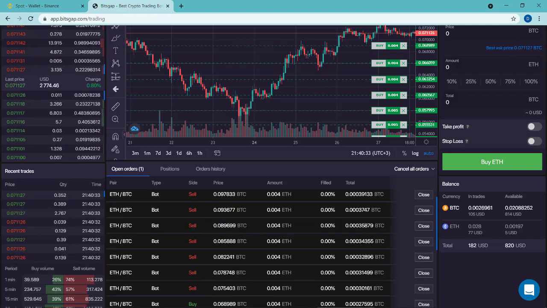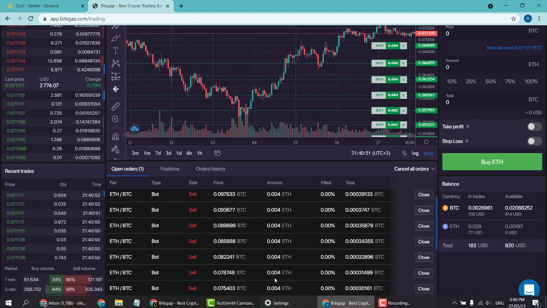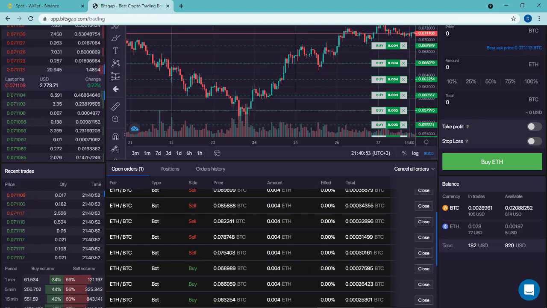Similarly, when the value of Ethereum goes up in value, I'll be selling Ethereum and getting back Bitcoin, but I'll be getting more Bitcoin because I'm selling it when Ethereum's at a higher price. So here, when it's 0.075 Bitcoin, I'll get back 0.004